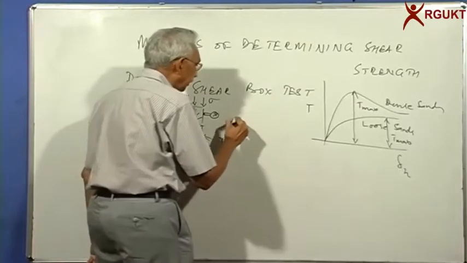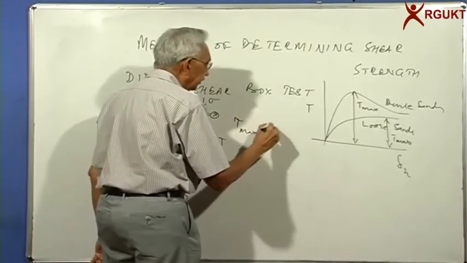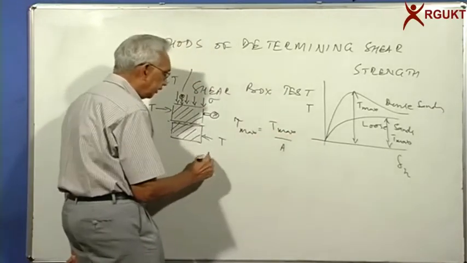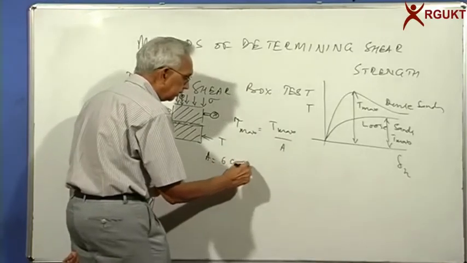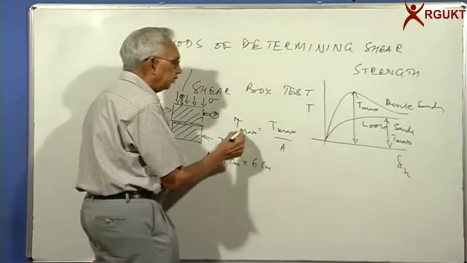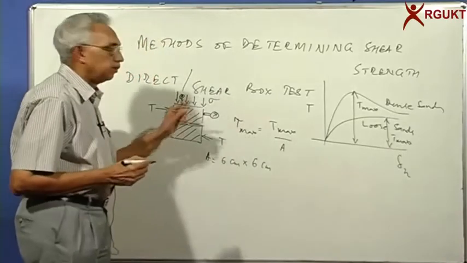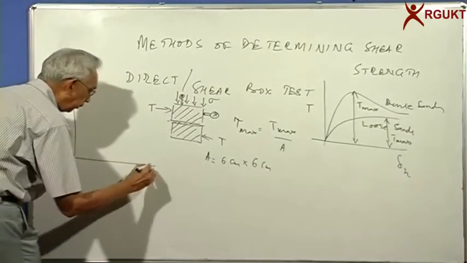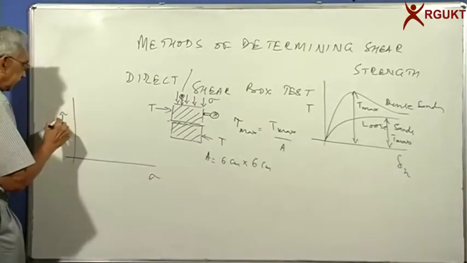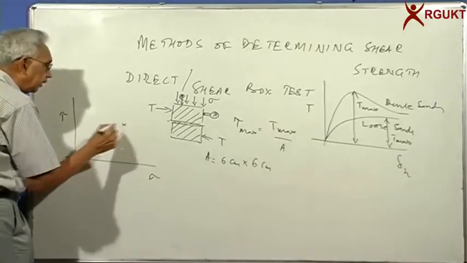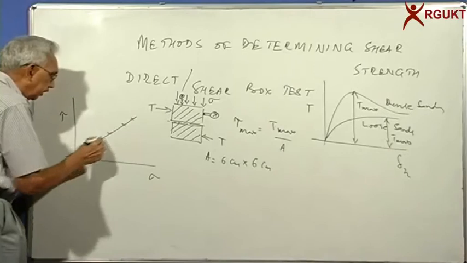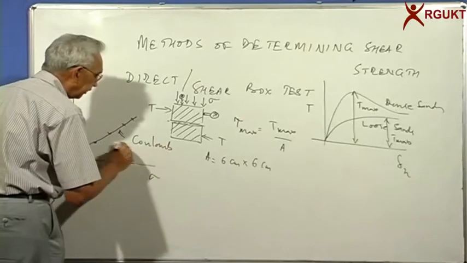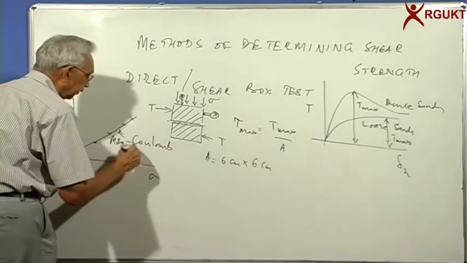Then you can calculate the maximum shear stress as equal to T max divided by the area of the shear box. Area generally is 6 centimeters by 6 centimeters. So you will get the maximum shear stress corresponding to one normal stress. And then you can plot normal stress against shear stress, and you will get 2, 3, 4 points, and you join them, and you will get the Coulomb failure criterion,